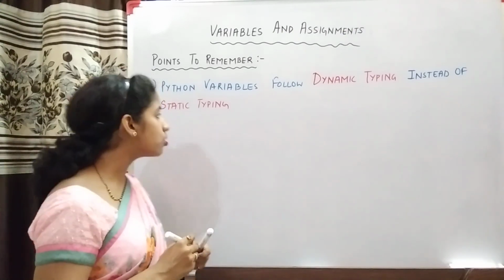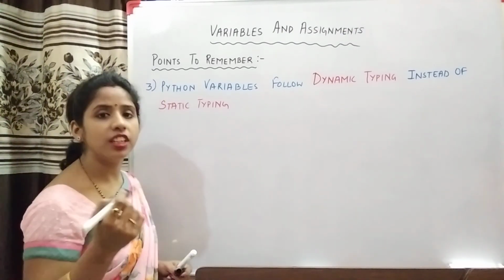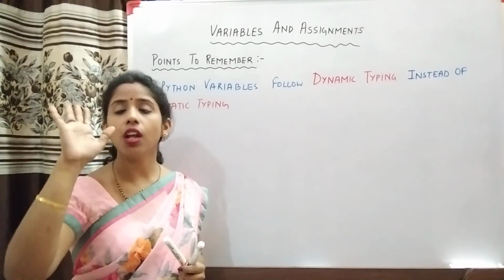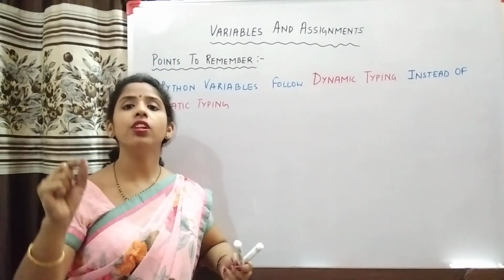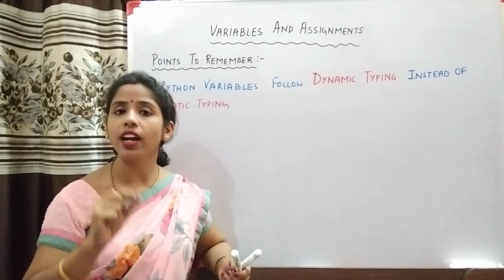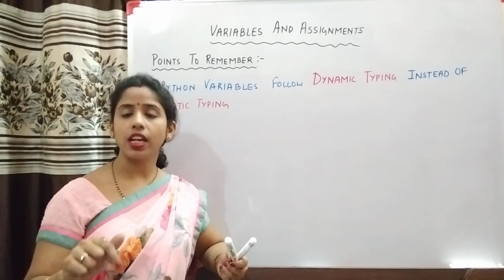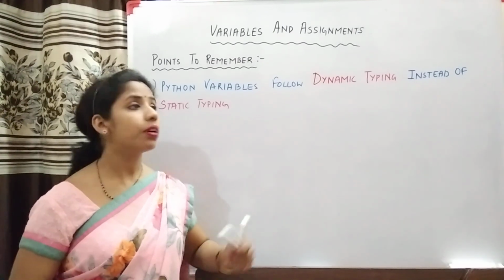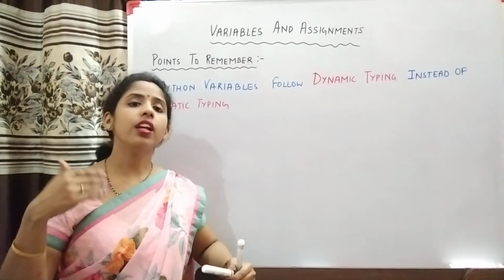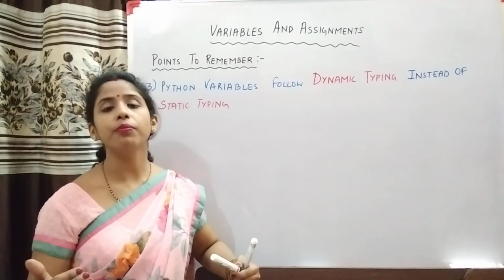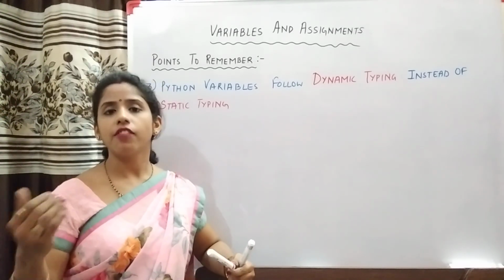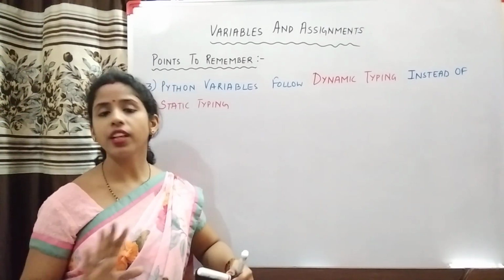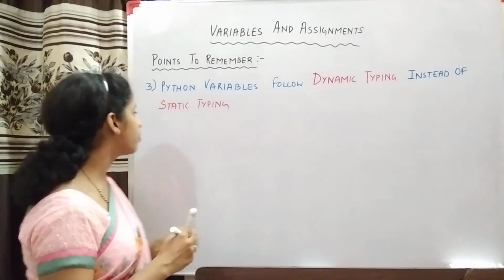This means that suppose you said that my variable will be an integer variable. So in the beginning you said it is an integer variable, so now throughout the program you can assign only integer value to that variable. You cannot assign any other type of value, say string value or float value to that variable. But in case of dynamic typing, it says that okay, right now you have made the variable as integer variable. After some time, if you want, you can give another type of value to that variable, and I will accept it, and there will be no problem. So let us see it with the help of example.